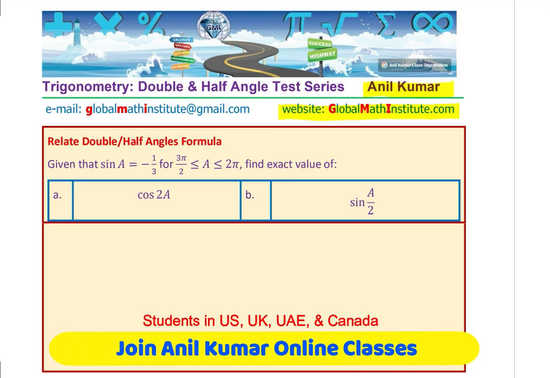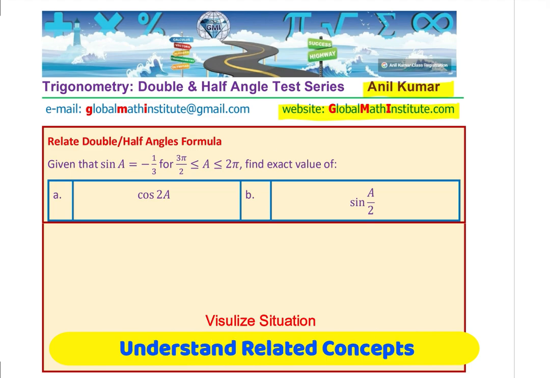Now, this is a very common test question, but students find it very difficult. We'll understand the strategy to solve such questions. Let us try to see what is given to us. We are given that sine A is minus 1 over 3 and A is in the third quadrant, right? So you can clearly see here that